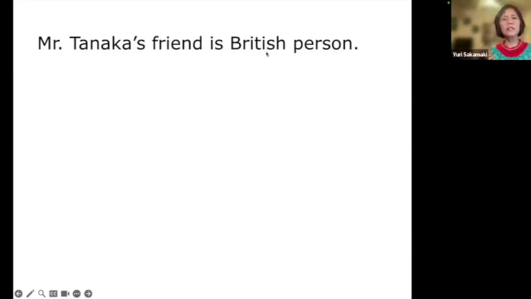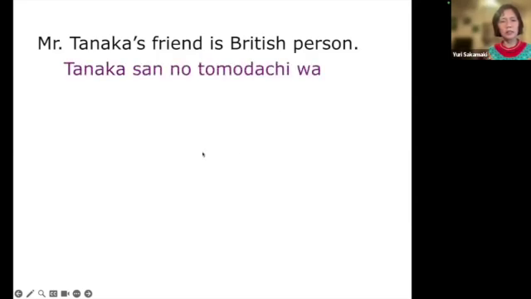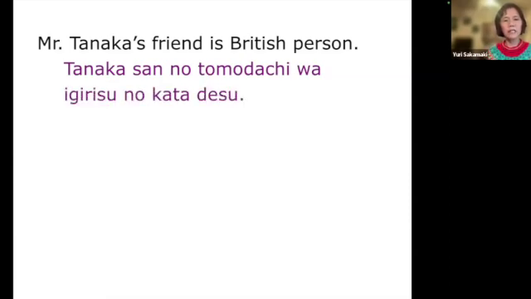England was イギリス. And the suffix for people is 人. So イギリス人. And then you have to make this into a polite noun sentence. So it's going to look like this. 田中さんの友達はイギリス人です。or イギリスの方です。